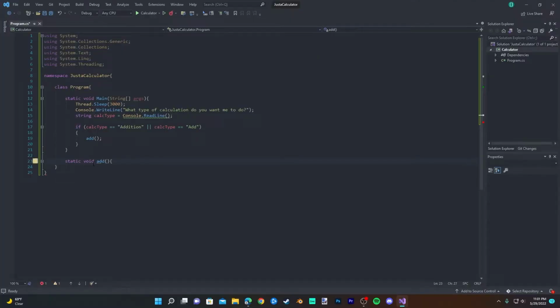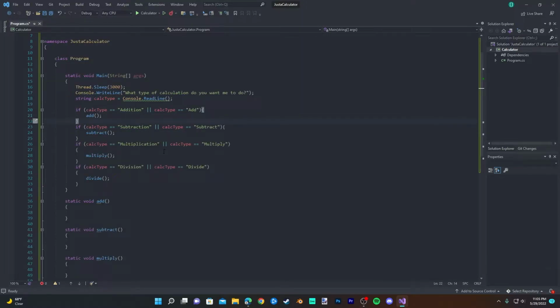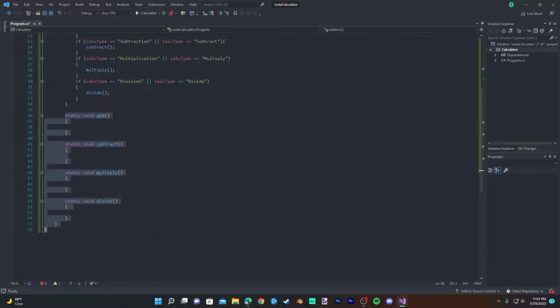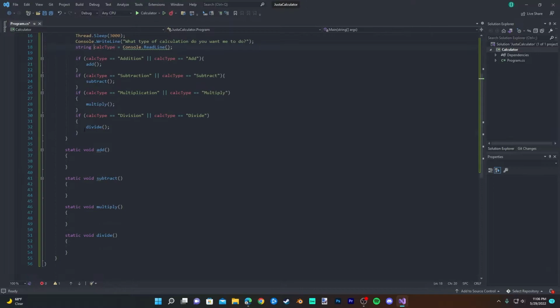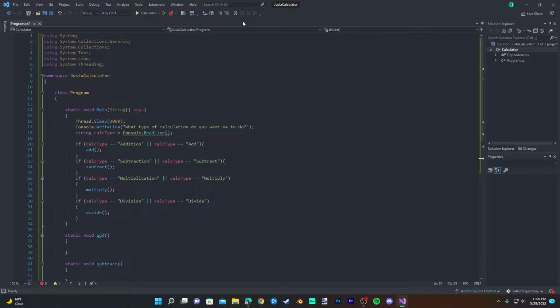Okay, so now that we have our static void add method, let's just add all the if statements first. That way we're going to know what we're dealing with here. Basically what I've done is added all the static void methods, add, subtract, multiply, divide, and I've also added the if statements for all of them. That way, depending on what you type in this user input thing, it will run one of these four methods. And also, as you may have noticed, I did the little thing with the brackets